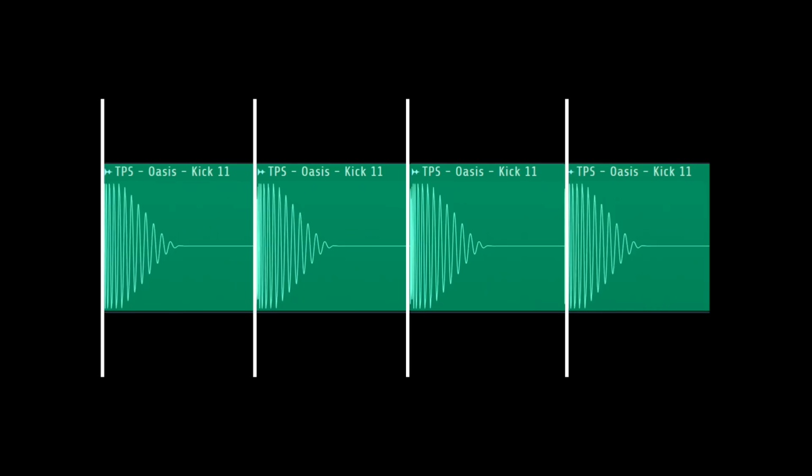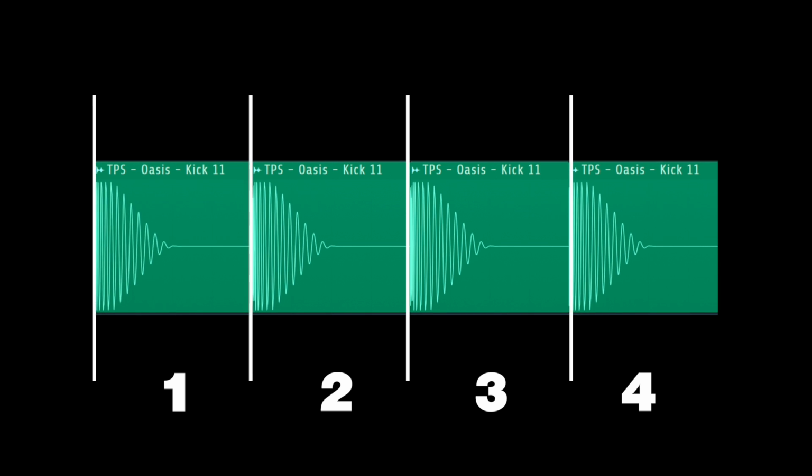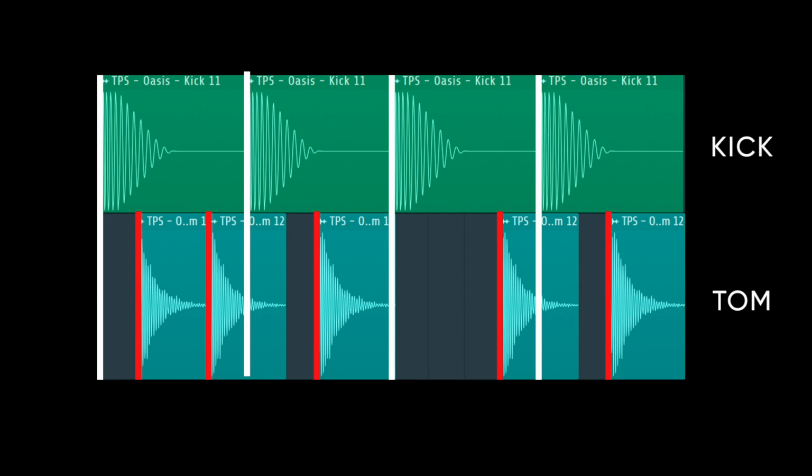The stronger beats are the 1, 2, 3 and 4, which in house music is the kick. And by placing your other drums, such as the toms, in the more unexpected spots in between, you can create